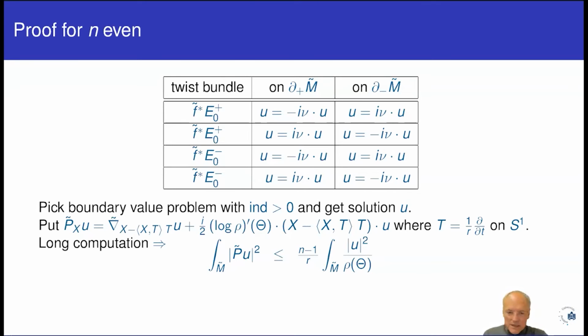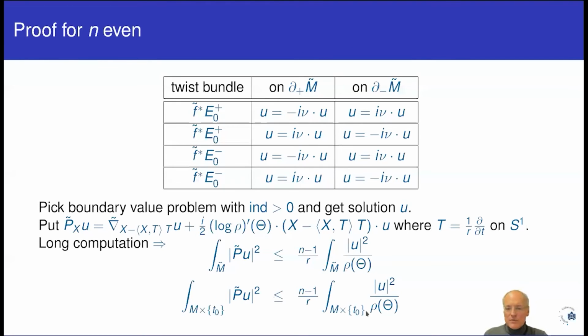So that takes some work to get that. But at the end of the day, this is what you get. And this is an integral over M cross S1. Remember, M tilde is M cross S1. And if these integrals over M cross S1 satisfy this inequality, so if you first integrate over M and then over the circle, at some point it must also be true for a particular value T0 in the circle. So you get that for this hypersurface in M tilde, which is essentially M,